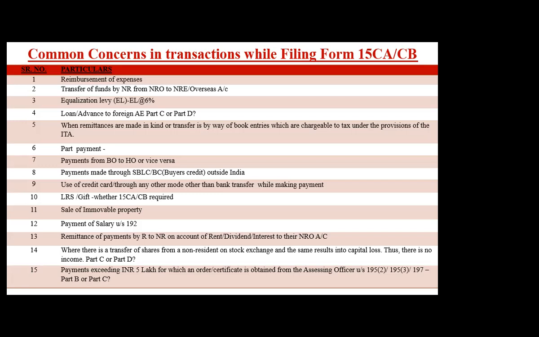Now there are again two things in this. Basically what happens is that we are making a payment to a non-resident in the first year when he's an expat, a non-resident in the first year of his tenure in India. And when that non-resident is making payment directly to his bank account, what we do is that we make a payment to his NRO Indian account. So no 15CBCA is issued, and he transfers that amount to his foreign country. Then if he asks, we issue 15CBCA, otherwise Part B goes. Absolutely fine. There we have no problem.